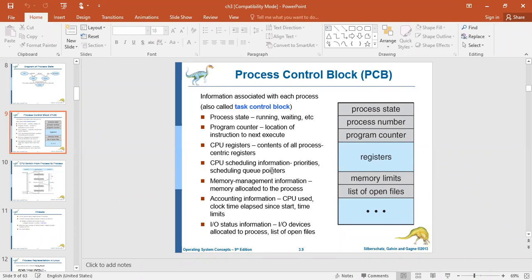That information is available in the CPU registers. And then CPU scheduling information, in the sense of the way your processes are getting executed.